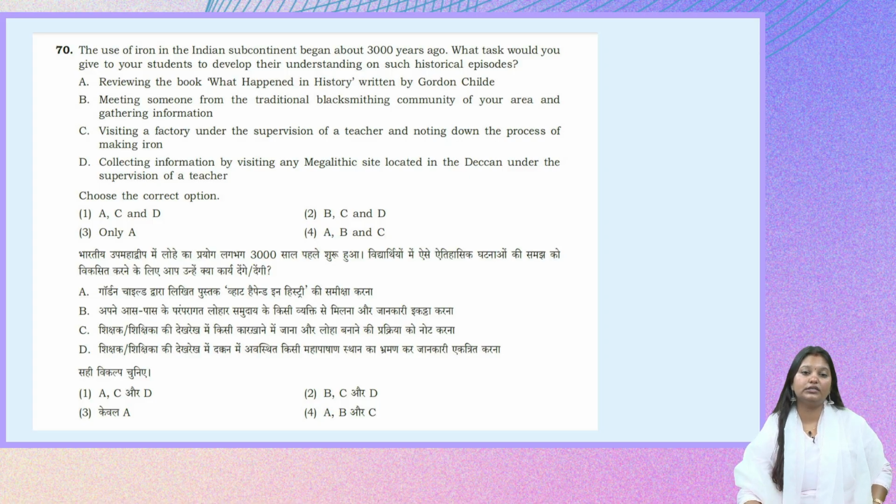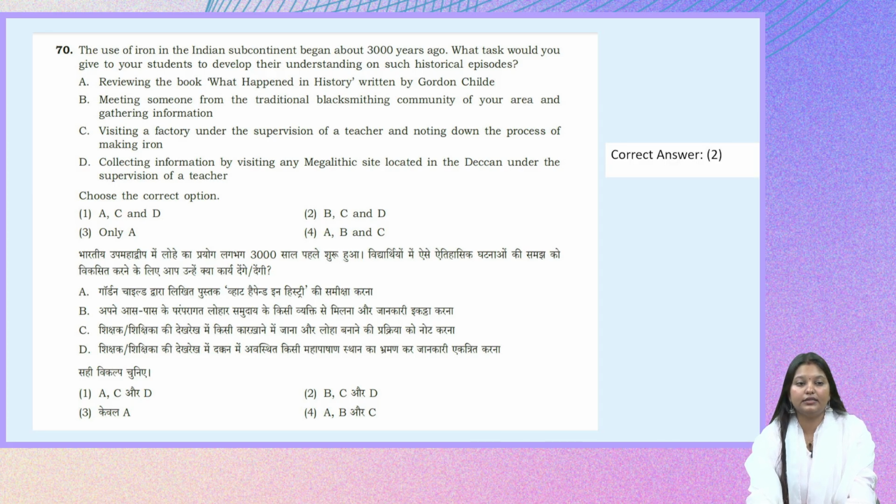If you look at these four statements, there is one statement which is talking about passive learning or making students not actually experience something new or not having the exposure to what is being discussed in the class. So that option clearly will not be correct here. So if you remove option A, we will have the right answer with us, that is option 2, B, C and D. All the other statements are correct. They will help us to develop the understanding of this particular historical episode among our learners. So the right answer here is option 2, B, C and D.